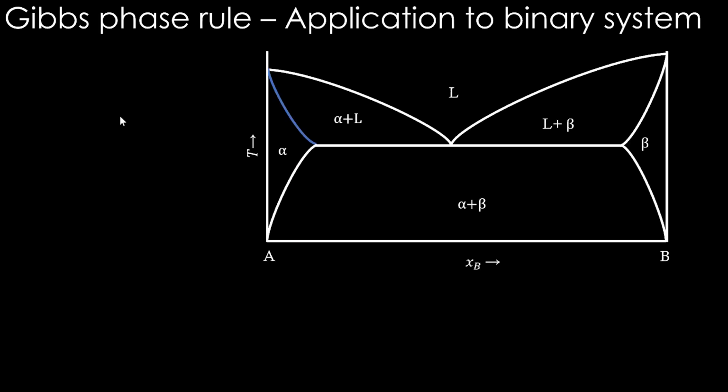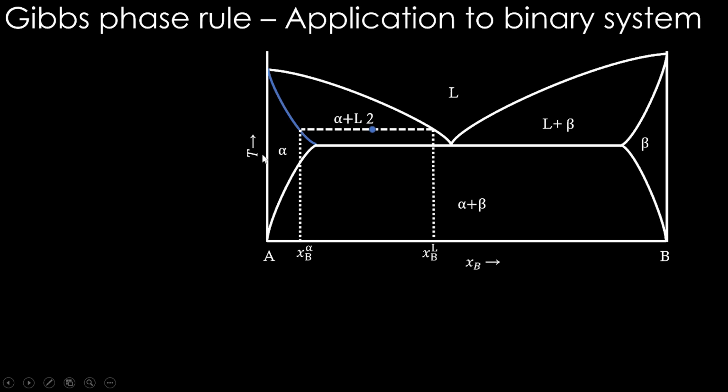Now, if we consider this point here, number 2, I am putting this line intentionally in blue color. This is also a two component system AB, and how many phases are in equilibrium here? Alpha plus liquid, two phases are in equilibrium. And if we put a tie line, we can read the compositions XB alpha, XB liquid, and we know XB alpha is the only independent one and XB liquid is going to be dependent on that. So we are going to talk only about XB alpha as a variable along with the temperature.